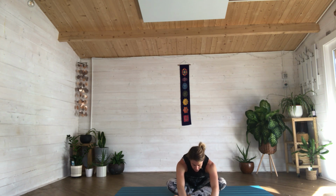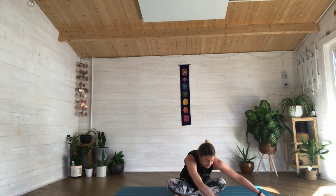So you're going to reach your arms up and you're going to fold forward. Keeping your sit bones down, try and reach your hands a little bit further forward. And then walk your hands over to the left. Don't let that bum lift. So only go as far